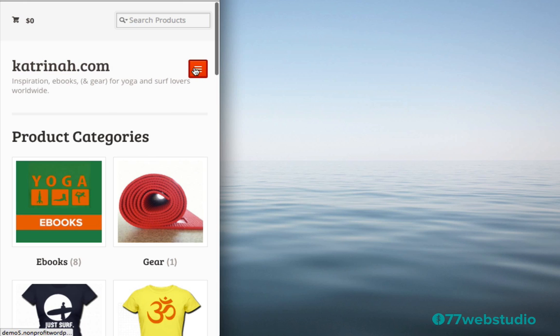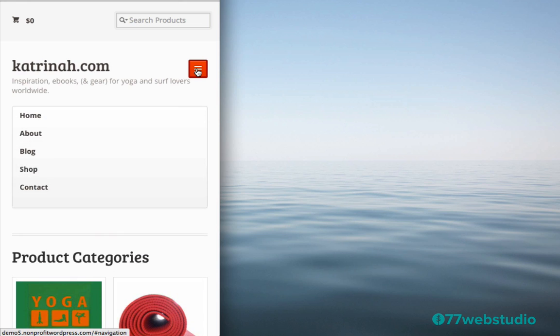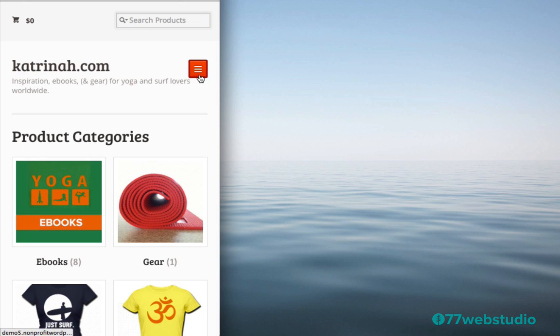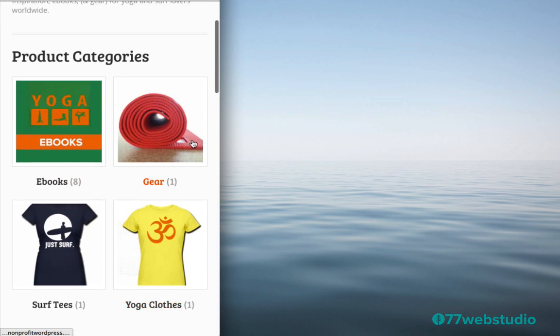We see now the menu item has collapsed. So when I click on these three buttons, these three lines right here, then my new drop-down box will be displayed. So what we're looking at now is the view that you can expect of your website when you're on a smartphone. So you'll be able to navigate to any of the internal pages by clicking on this orange button right here with the three lines, and then note that all of the different sections of the website are now stacking up really nicely, one on top of the other.